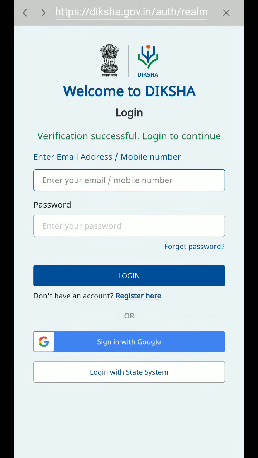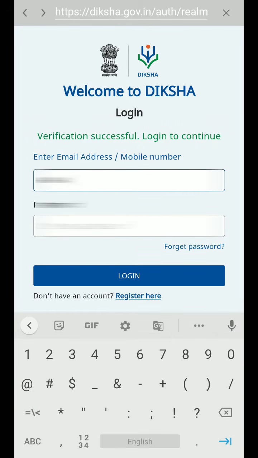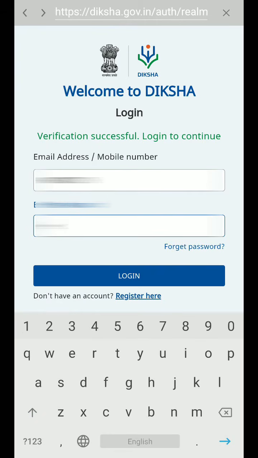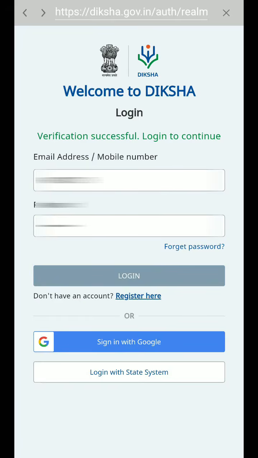Again the login window will appear. Enter your mobile number and password. Then click login.